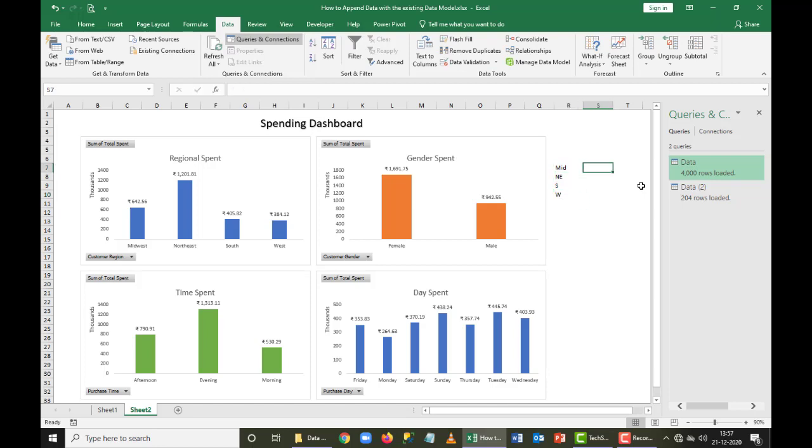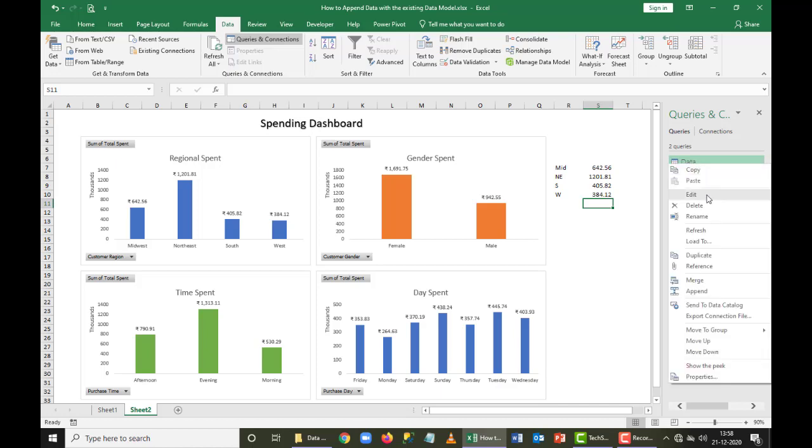So my Midwest sale is 642.56, and then 1201.81, 405.82, and 384.12. Now if I add this 204 data here, my region values will definitely change. Not just that, it's going to change the entire list here.